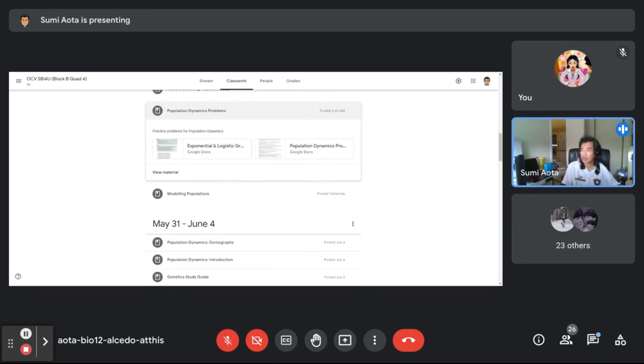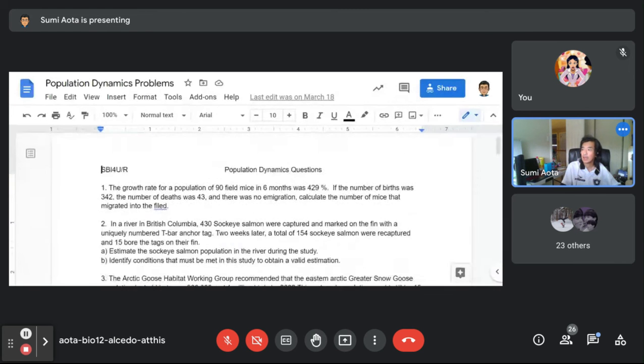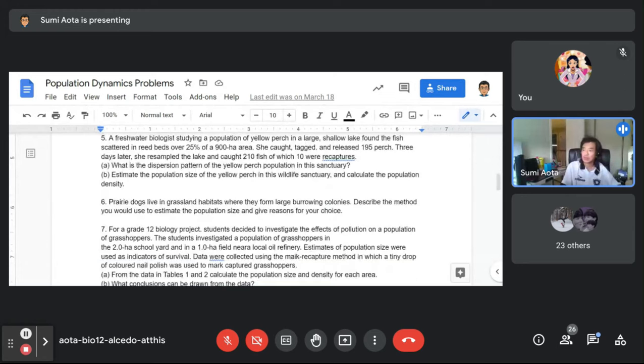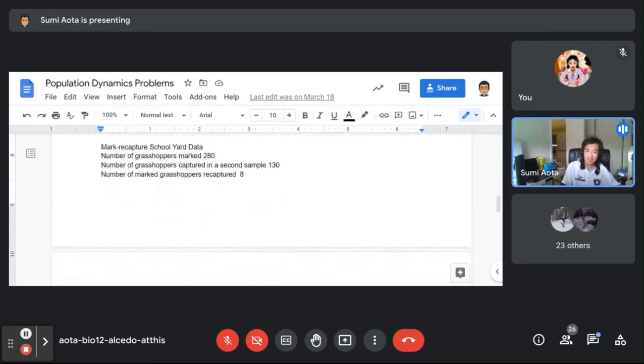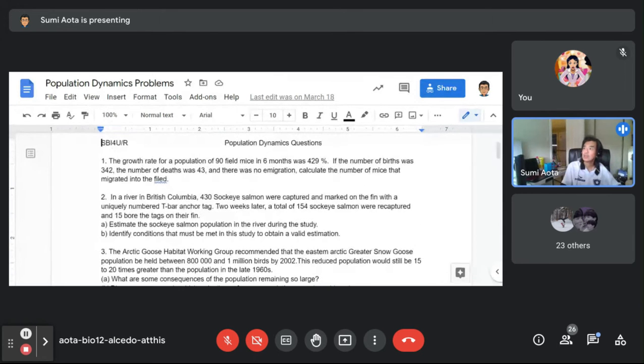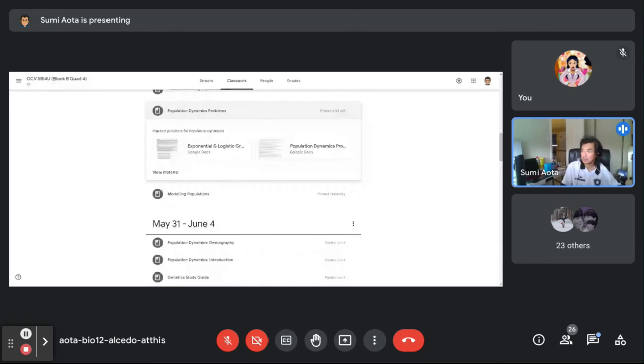Because although this doesn't count for marks for me, next year, if you're taking bio, there will be an ecology section where they basically expect you to know how to do this kind of stuff. So you should probably take a look at these questions. Okay, so it's not for marks, but it is there so that you guys can get an idea of whether you understand the mathematics behind these kinds of questions or not. Okay, so that's this.